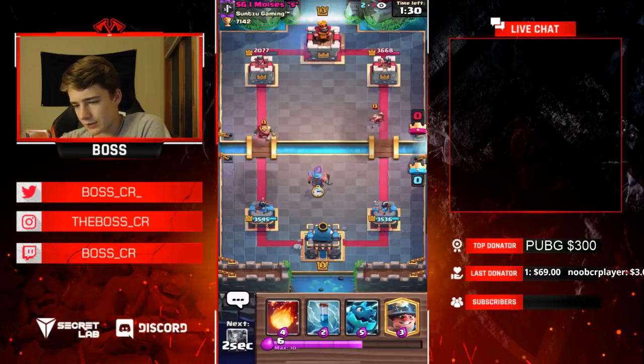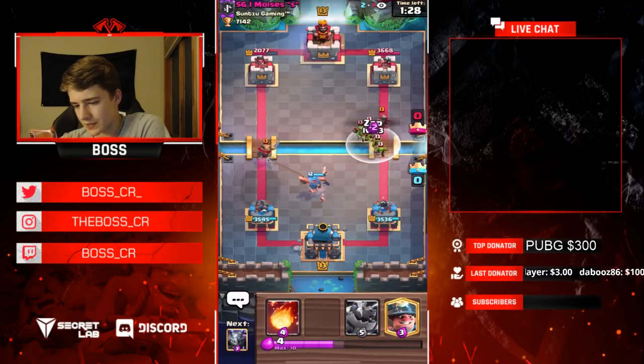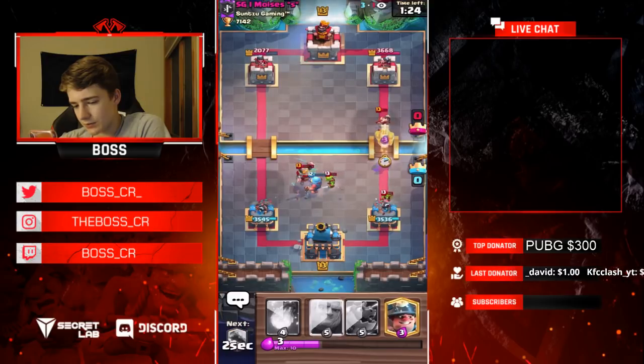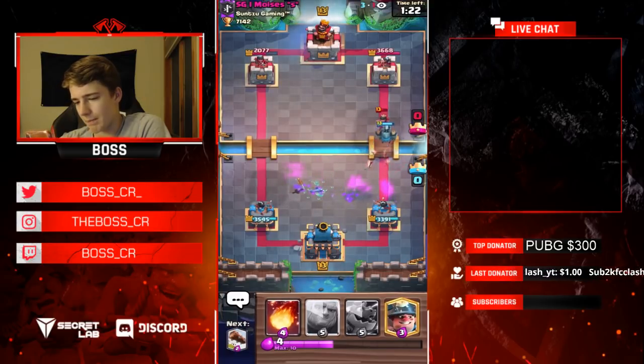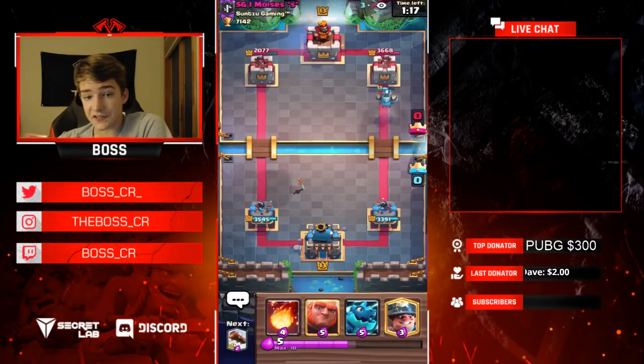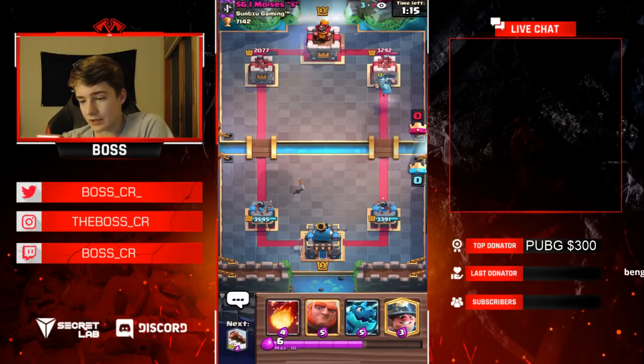Alright, I'm going to Fisherman here because what I wanted to do is distract the Princess and at the same time kill that Knight. And now since he has his Goblin Gang out of rotation, I'm pretty sure we can end up just going in with a Mega Minion on top of that Princess. So really nice start for us,